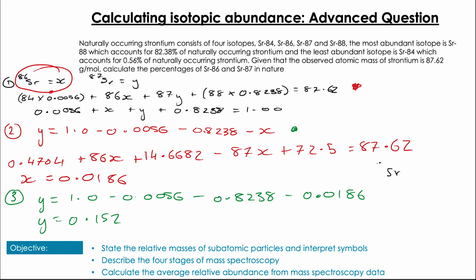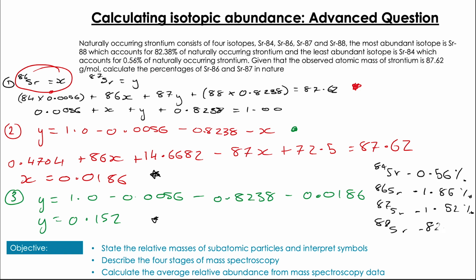Now that we have all of the abundances, we know that Sr-84, Sr-86, Sr-87, Sr-88 are 0.56% for Sr-84, 1.86% for Sr-86, 1.52% for Sr-87, and